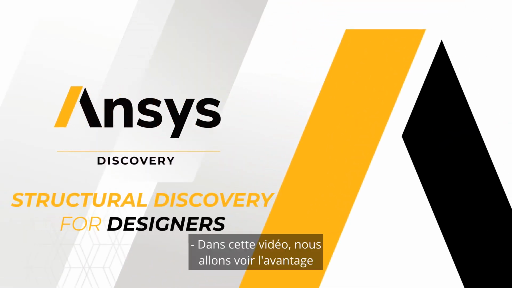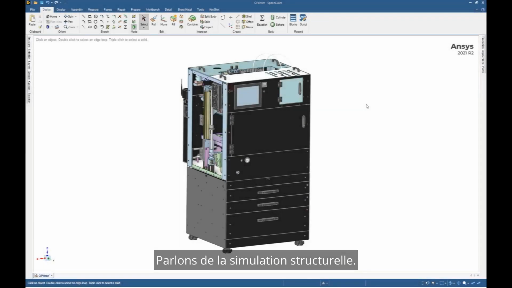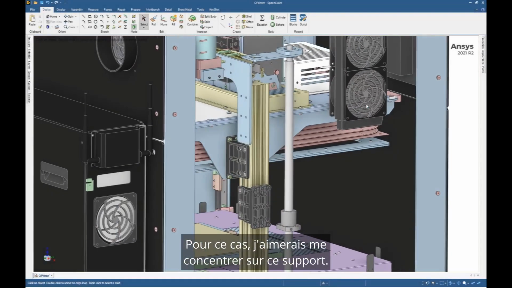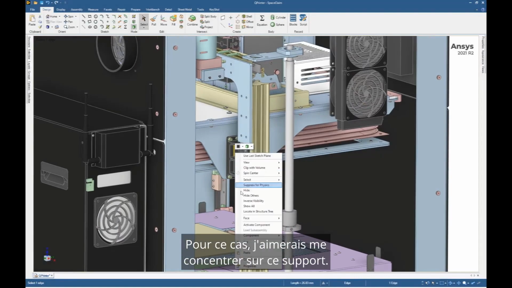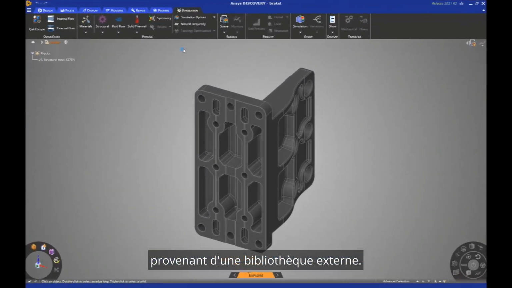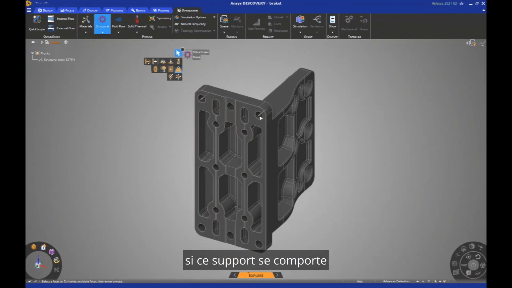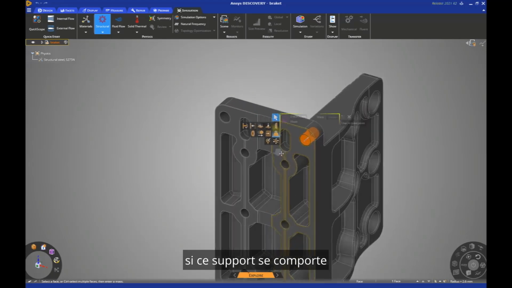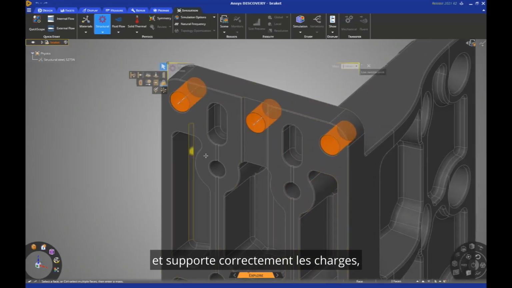In this video, we'll see the benefits brought by simulation during the design phase. Let's talk about the structural simulation. For this case, I would like to focus on this bracket. This is a commercial part coming from a standard library. And first of all, I would like to double check if this bracket behaves and supports correctly the loads